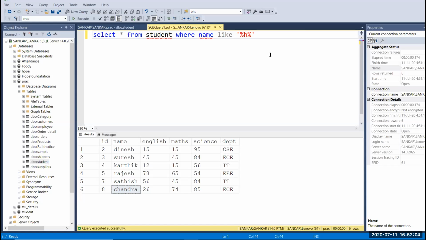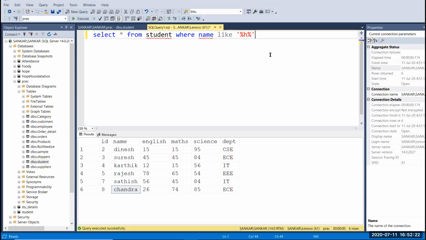So that's all. If you have any doubts, please text me. The LIKE operator is used to print your data in a pattern format.